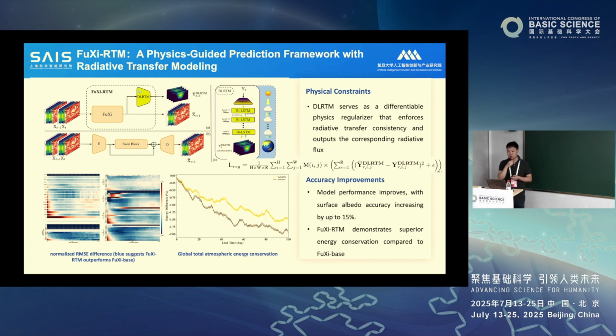Okay, so all those FuXi model 1.0 or FuXi 2.0 are purely data driven. That means you just use a transformer, feed in data, and then tune the model to get the best performance. It doesn't involve any physics at all, but it may learn some physics from the training data, because the training data, ERA5, is generally produced by physics-based models, but it doesn't have explicit physical constraints within the model.